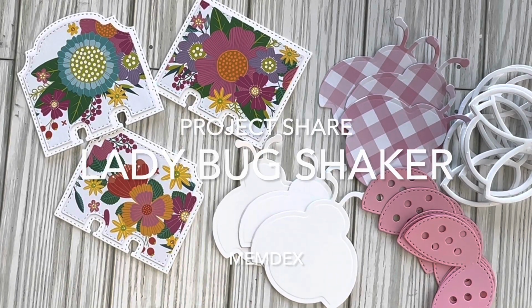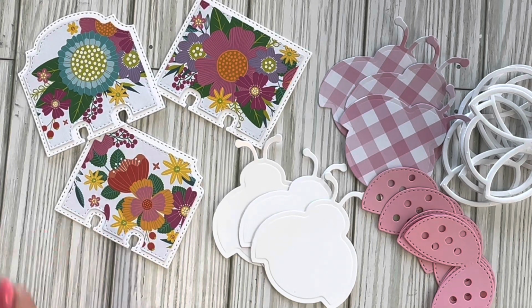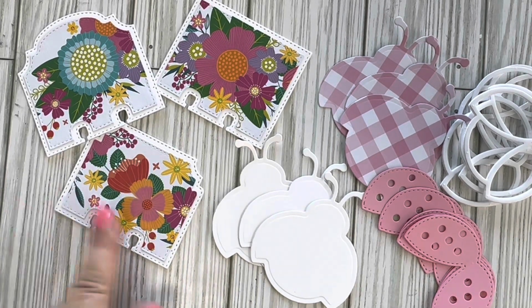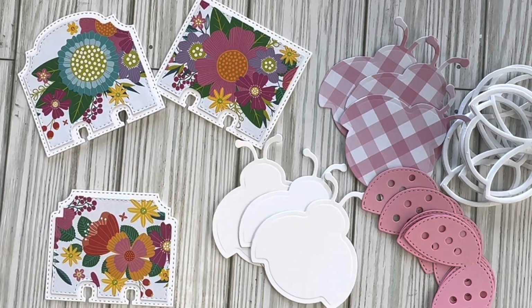I'm working on a project for a new swap group that I just joined on Facebook. I needed to turn in a memdex or a mini 3-pocket, what do you call those? Pocket letter? 3-pocket letter. I've never made either a memdex or a pocket letter before, so I am practicing doing some memdex cards, and I got out my